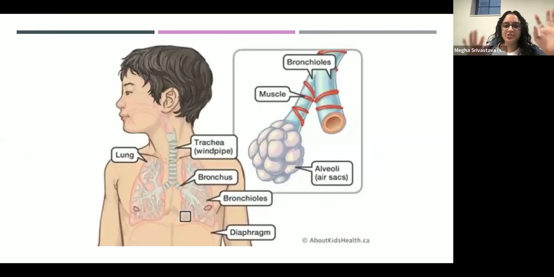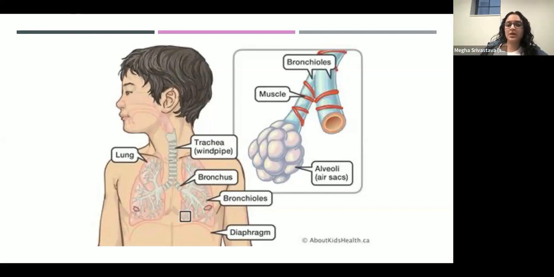resources. This is just a general overview of the anatomy of what our lungs look like. We're focusing on talking about respiratory illnesses, COVID, flu, all of that. It's important to understand that there are certain illnesses that don't go past your trachea or just stay in your trachea, and that's your throat basically. And then there are some that go down into your lungs, and the lungs get complicated. It's like a little tree, and things get further down into the alveoli, which is where your lungs exchange your air into your blood and get oxygen to your blood.